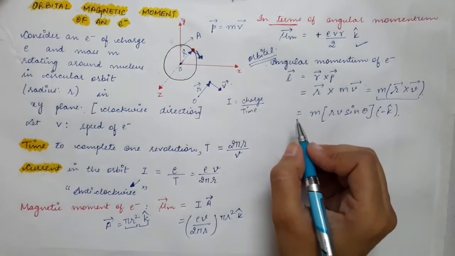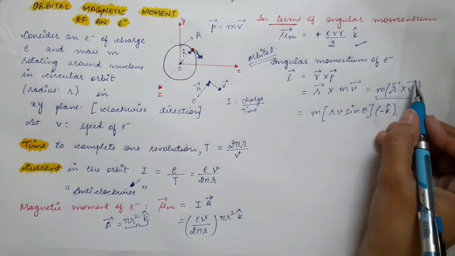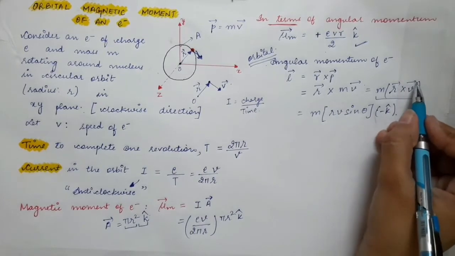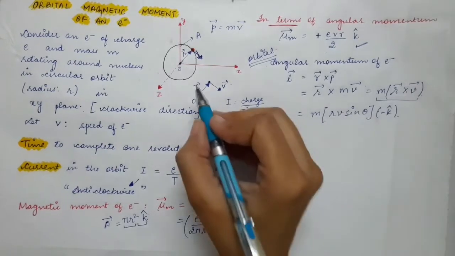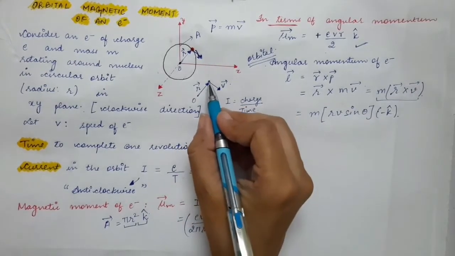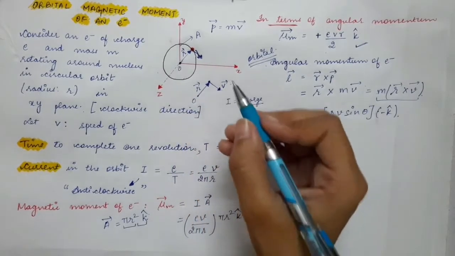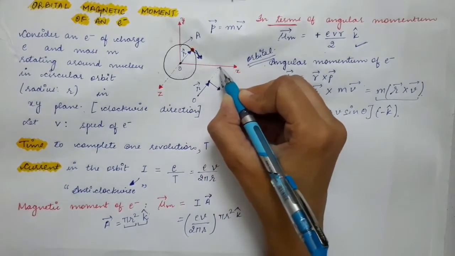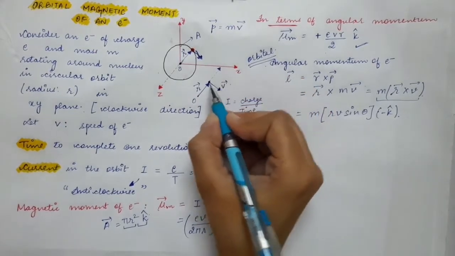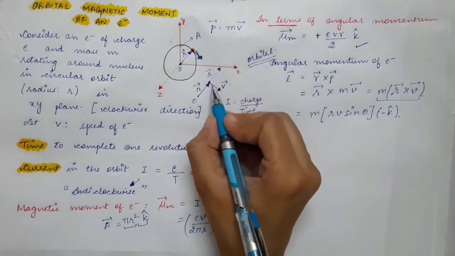So that is very easy to find. So this is the direction of r cross v vector. So r cross v vector will be pointing in minus k cap. Now what is r vector? R vector is this one and v vector is this one. So let's join the tail of these two vectors, means you will extend this r vector in the forward direction like this. So you will join the tail of these two vectors. So this is the r vector and this is the v vector.